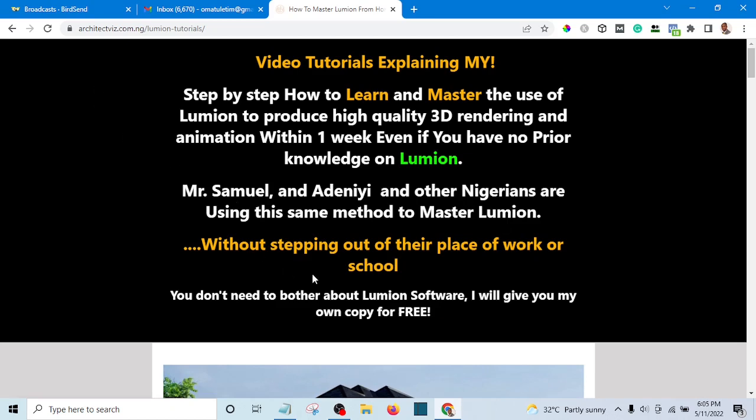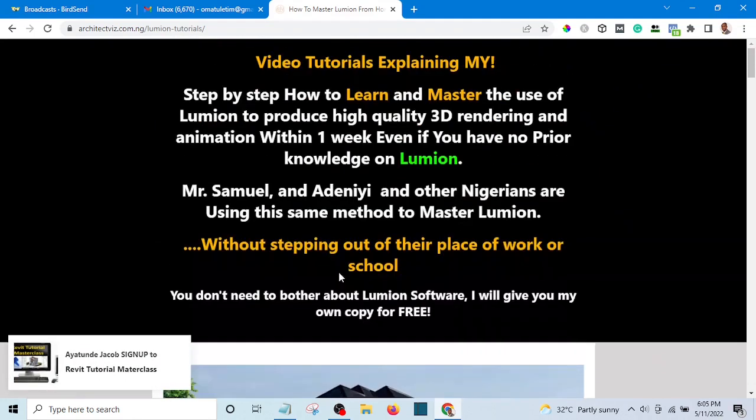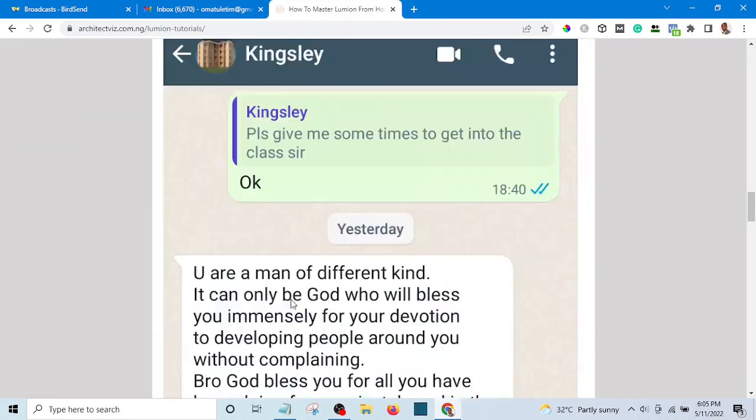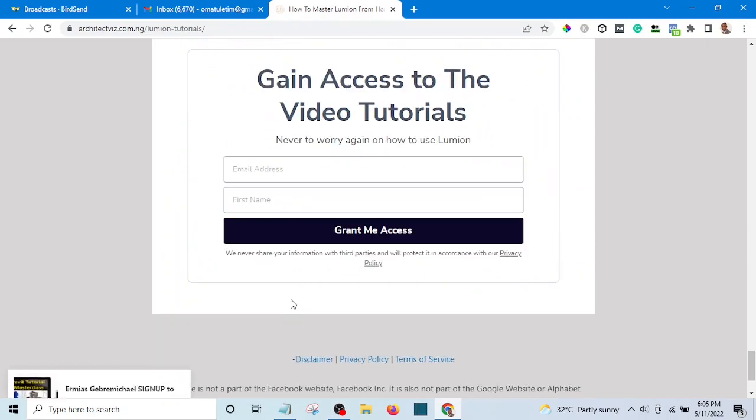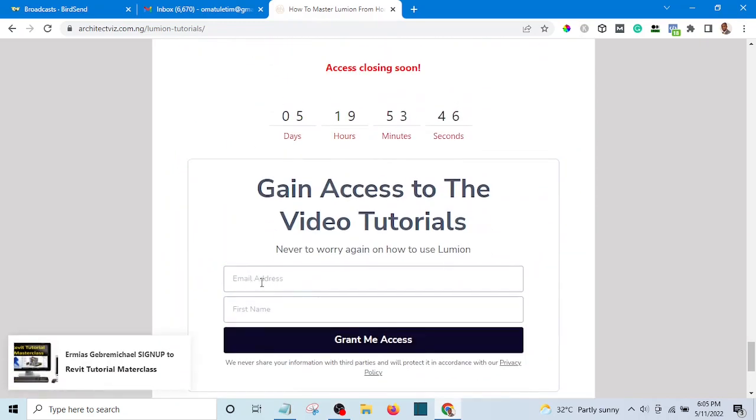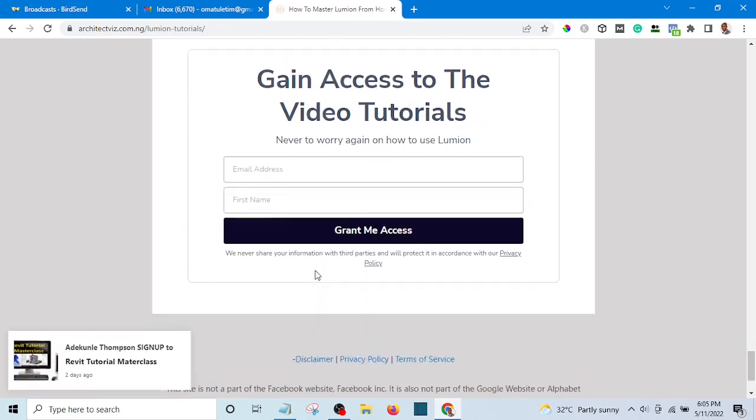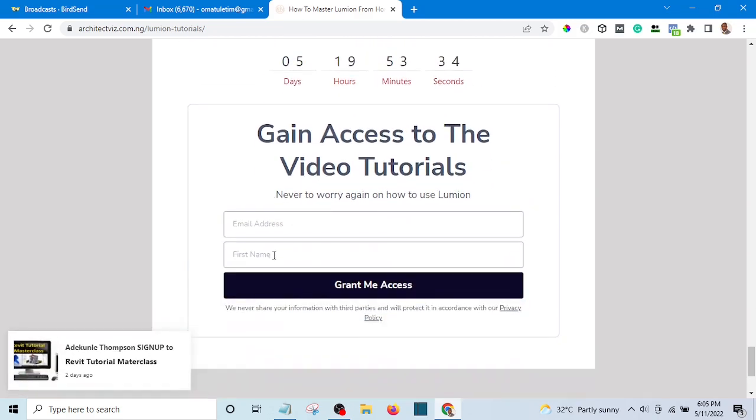If you click on that link, it's going to take you to a page like this, and go towards the end of the page and you see where you can enter your email address and your name and hit grant me access. Once you have done that, you will be able to receive my mail,